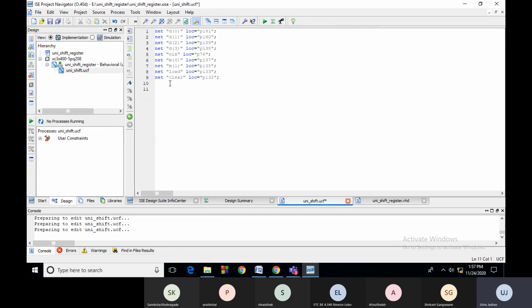Now for the output pin, you have to assign this as LEDs. Okay, because LED will act as your output device. So for these LEDs, we have to check in a manual what the output test pins are, LED pins are there. Okay, so what I will do now, for this I will just copy this one. So we have to assign 4 bits for the Q. So this is Q of 0